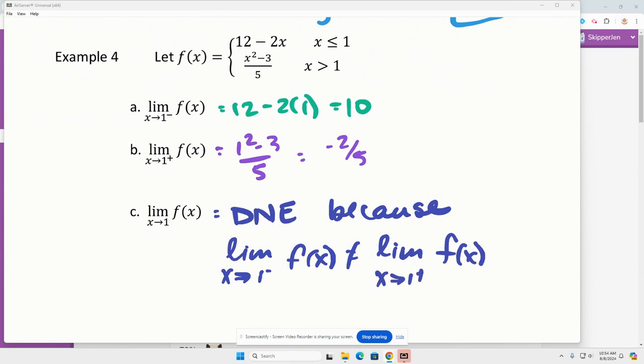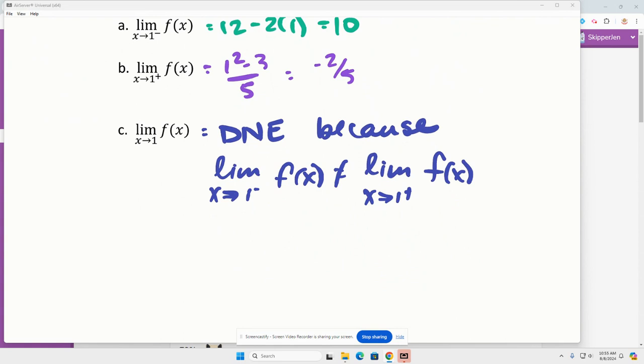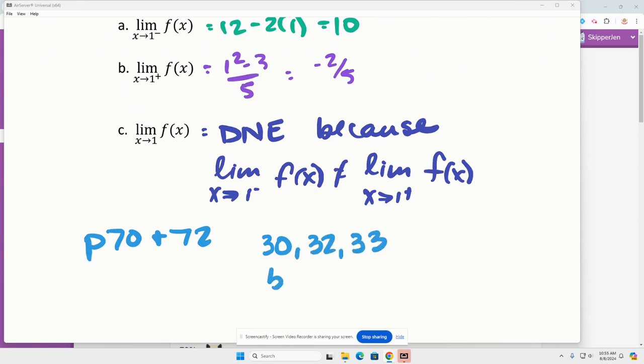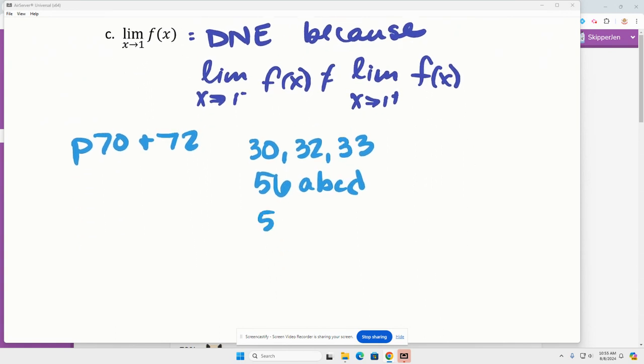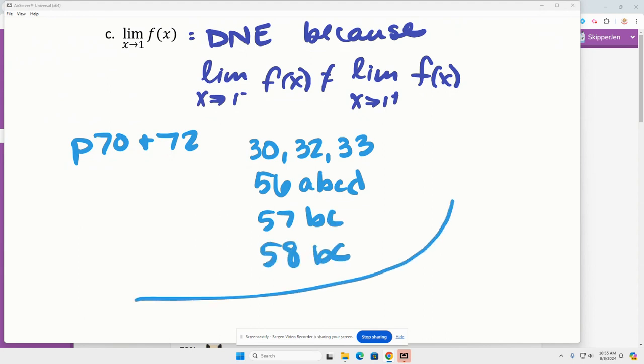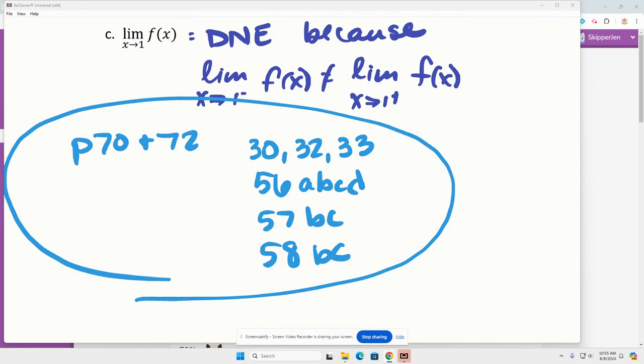All right, so I have double checked the assignment. It is correct. This is exactly what I want you to do. I'll jot it down, or you can copy it from the board, either one. And I can put some books out, but I have already taken a picture and put it on Google Classroom. If you want to actually use the book, you can. So in 58 and 57, I don't want you to do